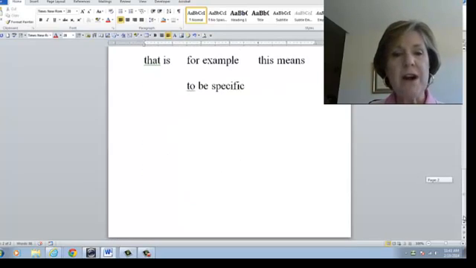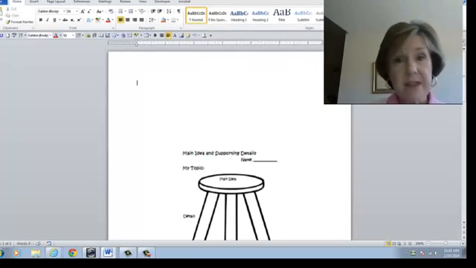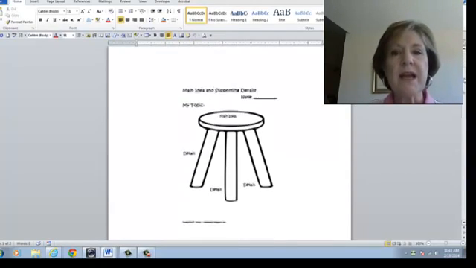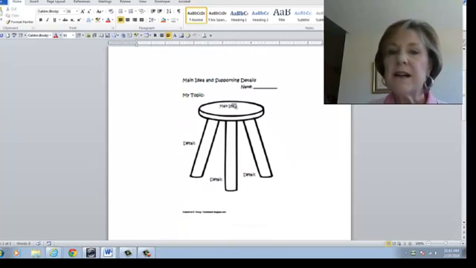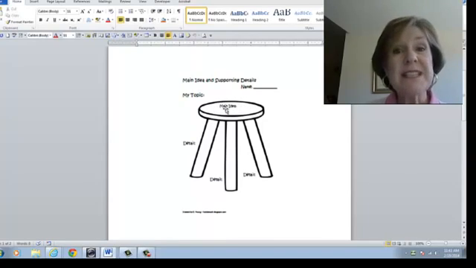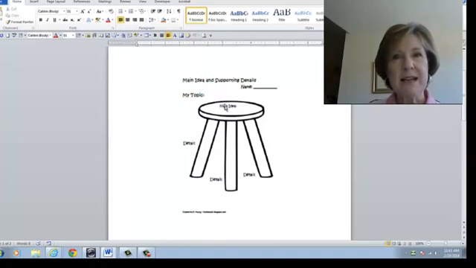There's some graphic organizers, too, that I have for you, and these are also in your handouts for this week. This is a stool. Here, the top of the stool, the seat, is your main idea, your topic sentence. The supporting details are the legs of the stool. They have to support the seat or the main idea. If that helps you,